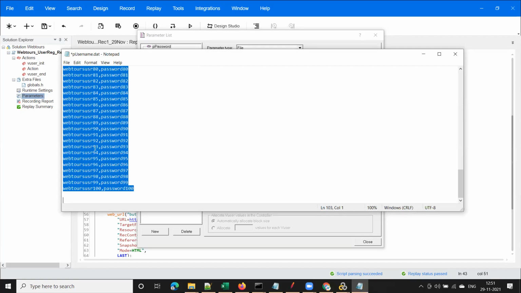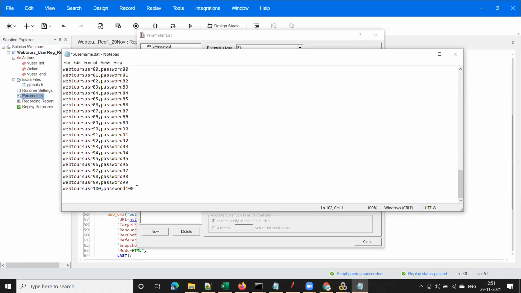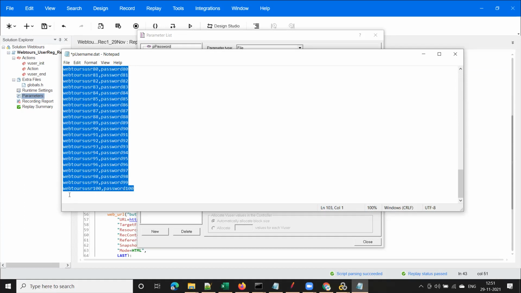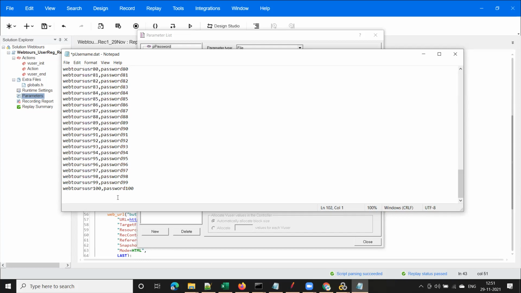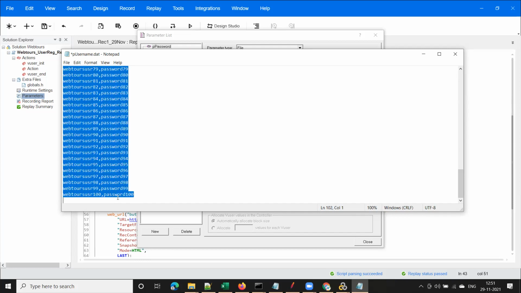And remember, once you copy the data, do Control A and make sure there are no empty lines. If you observe here, there is an empty line. I am doing Control A and observe that the data ended here, but between the cursor and the data you have one empty line. Yes or no? So you have to remove that, and it should look like this.